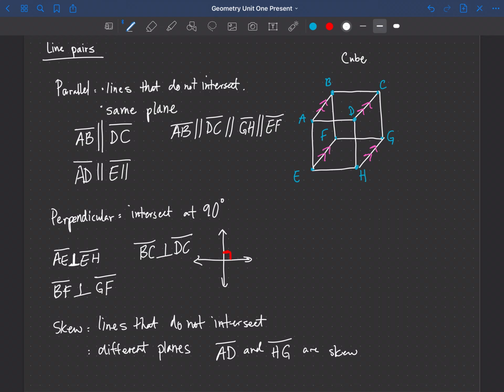Okay. And one other example of skew would be EF and GC. So again, you can see that if we extend these two lines out, they're never going to intersect, and they're not on the same plane. Okay. So EF and GC are skew. And those are the three line pairs we are presented: parallel, perpendicular,